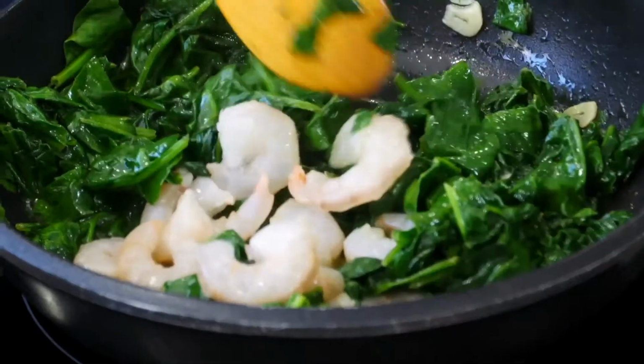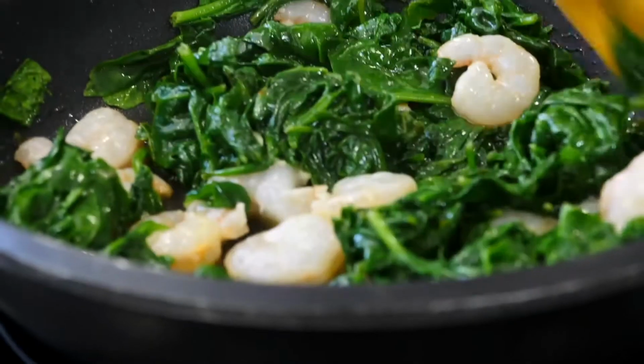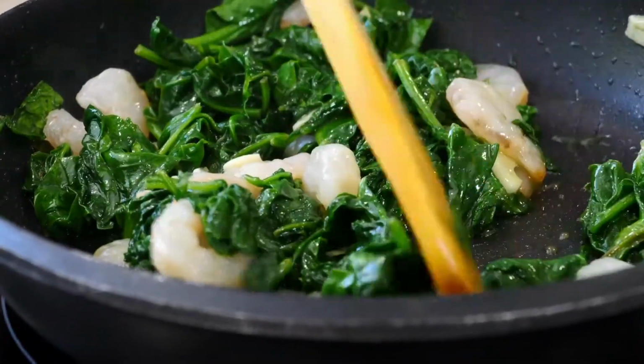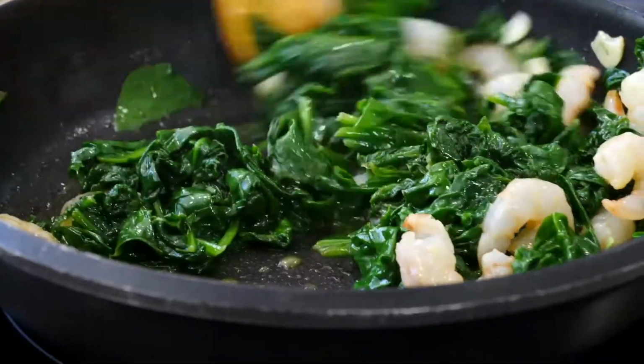They shouldn't be translucent at all, otherwise that's when you know they're raw. One important point to remember is not to overcook your prawns. The worst thing you can do to a prawn is to overcook it, because then it becomes really tense and really rubbery and it completely spoils it. So when you see that it's just changed colour, it's completely pink, take it off the heat,